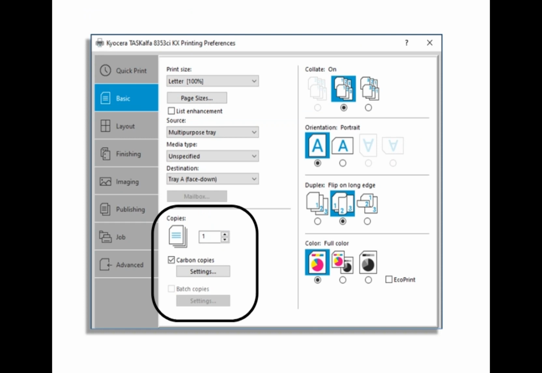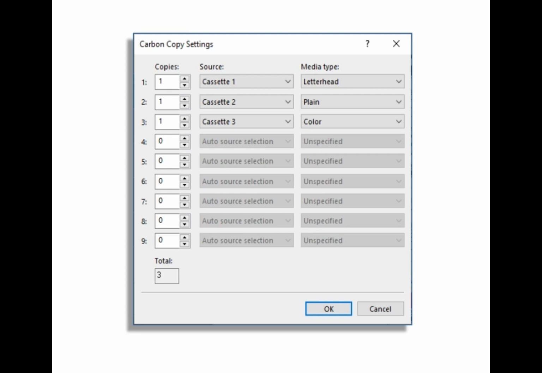The Carbon Copies feature allows you to print additional copies on paper from different trays or cassettes. This is useful for printing copies of documents such as invoices on different colored paper or media type. The maximum number of copies can be printed for each carbon copy. When Carbon Copies is selected, Batch Copies, Booklet in the Layout tab, and all the features in the Publishing tab